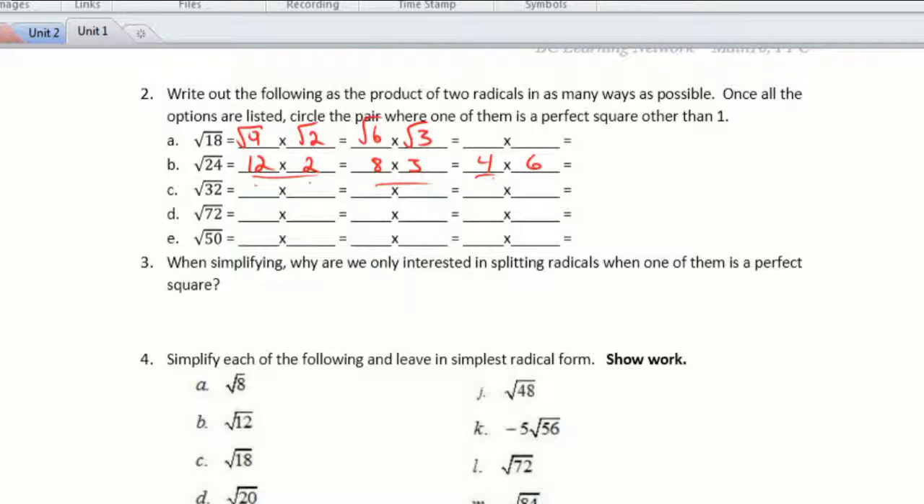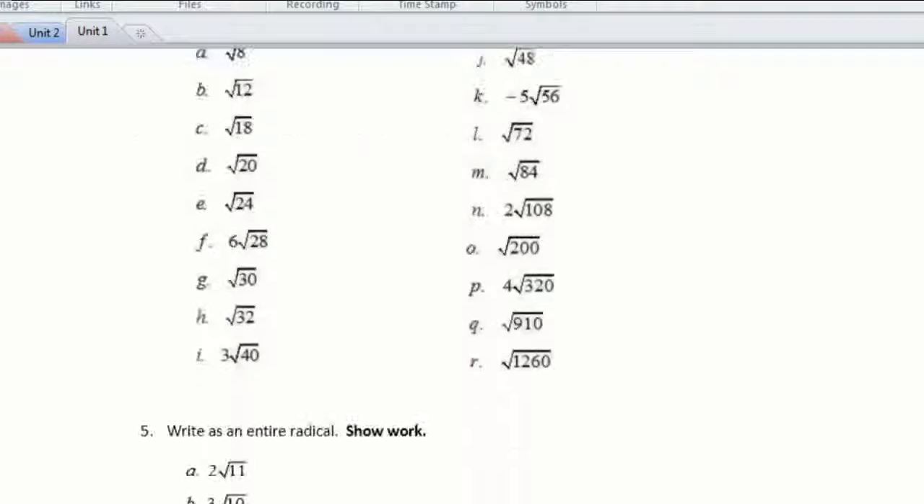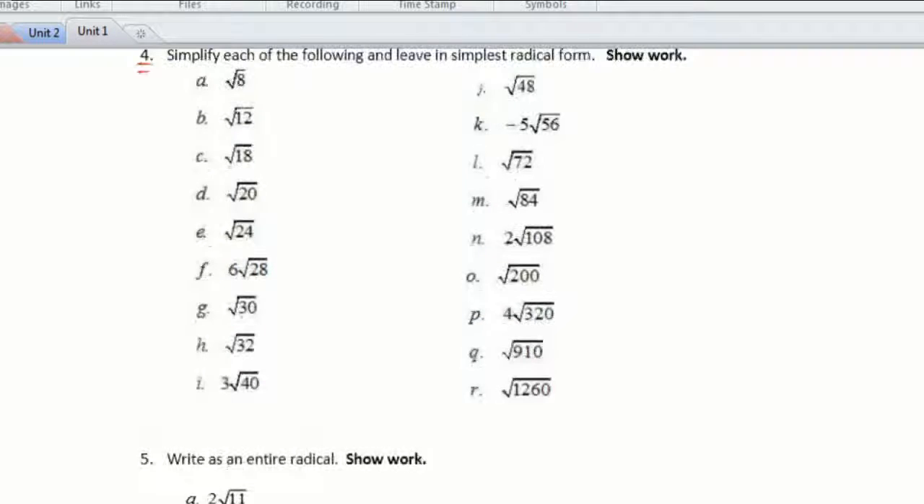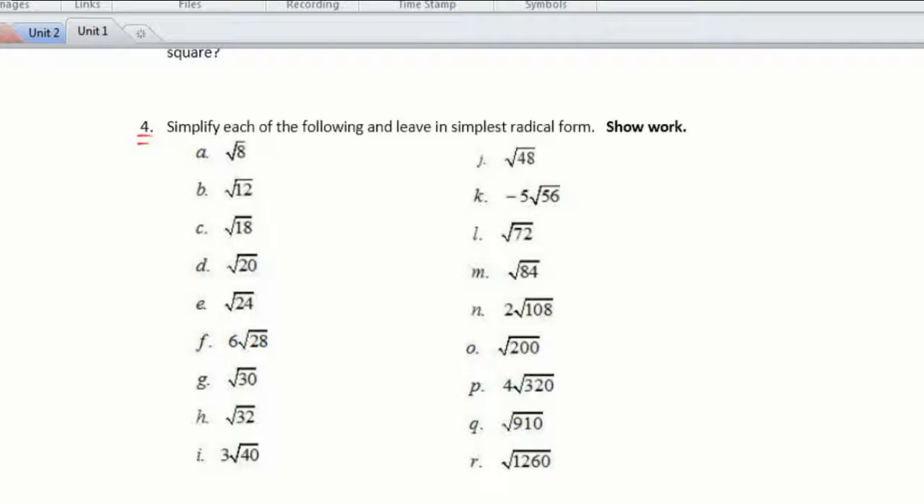Number 4, simplify each of the following. This is kind of like what we just did, breaking these down. And we start really simple. So, largest perfect square that goes into 8. I think to myself, 8, I could write that as a 4 and a 2, which is going to give me